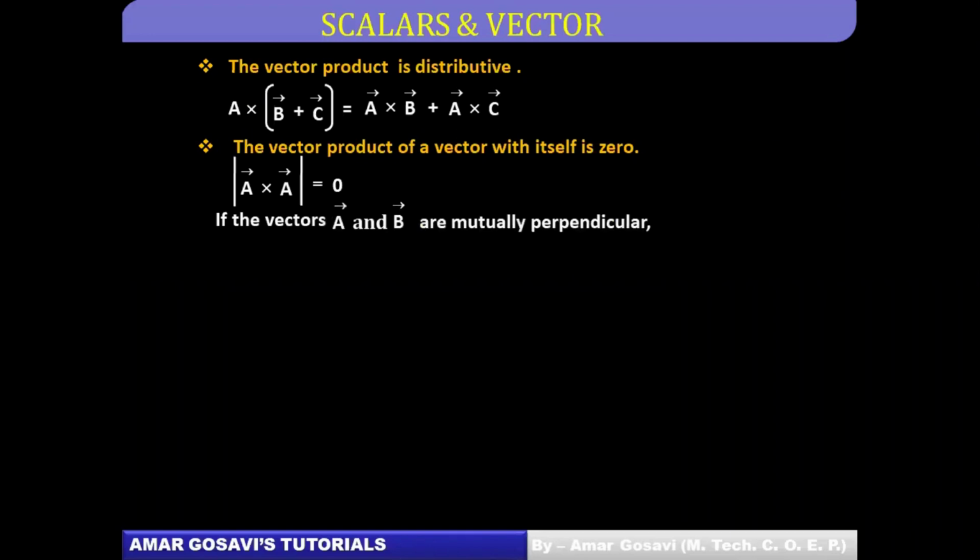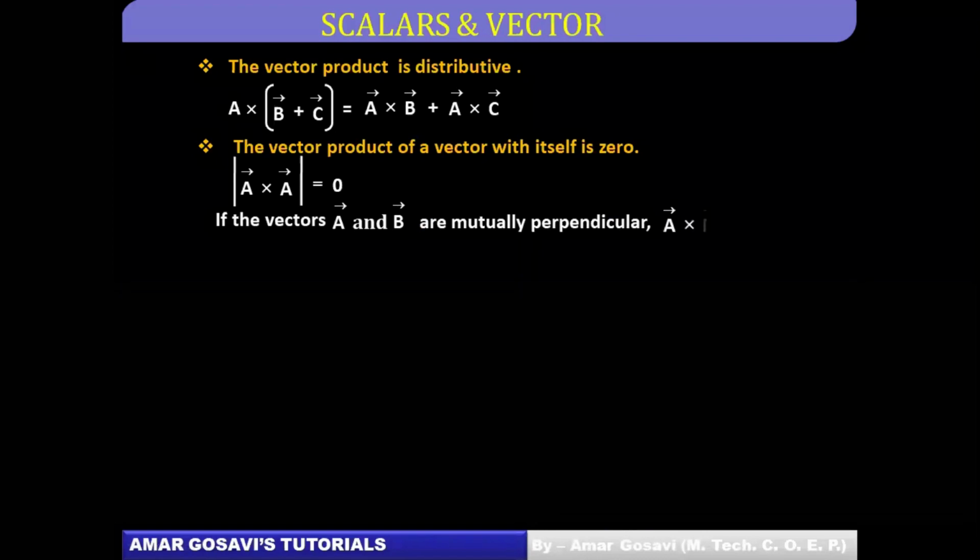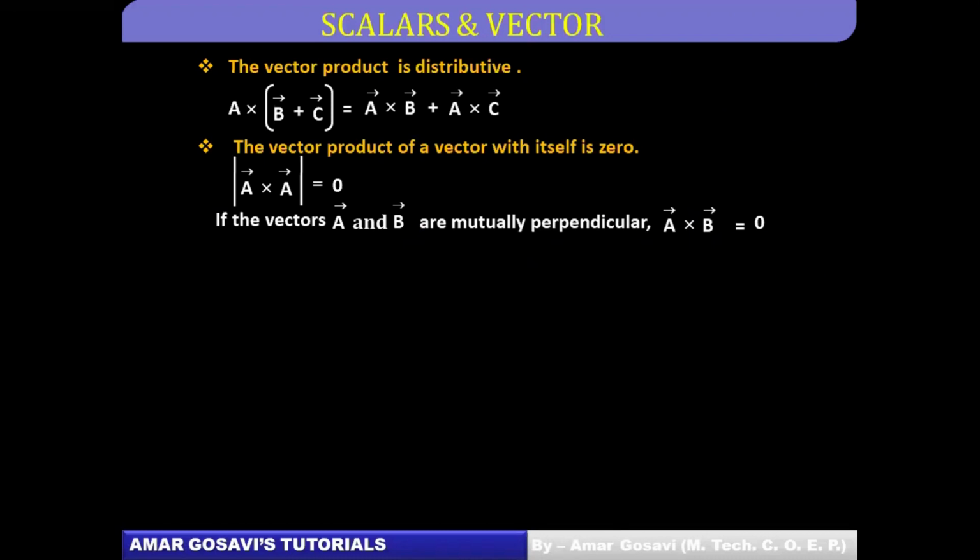Here, if they are mutually perpendicular, that means if the angle between A bar and B bar is 90 degrees, then we all know sine 90 is 1, and therefore in that case the vector product will be, it's wrongly mentioned over here, it's not 0. Here it cannot be 0 because sine 90 is 1. So it will be only AB. So please eliminate this step. Correct this. It cannot be 0 over here because sine 90 is 1.